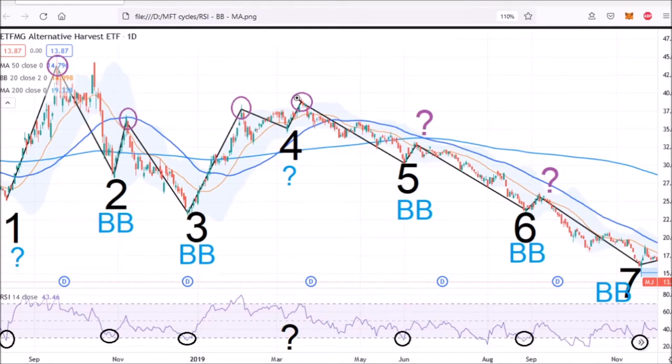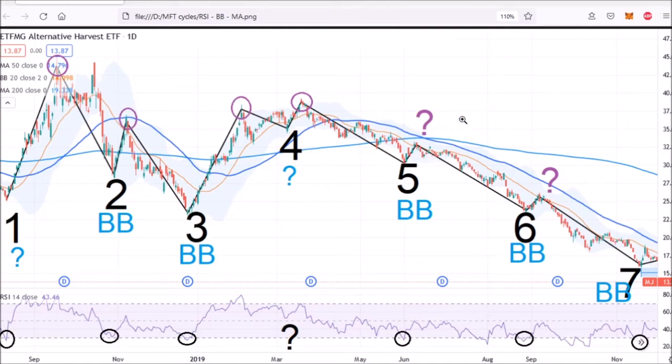We have these 4 purple circles indicating the cycle highs, retesting the 50-day moving average or being above that, and 2 purple question marks where cycle highs didn't actually rise as high as the 50-day moving average. And when that happens, that kind of makes it difficult to find the cycle low, because the question is, is the cycle still ongoing? As with this number 5, for example, by the time you are in mid-June, the question might be, are we still in the cycle that's going on since early March,